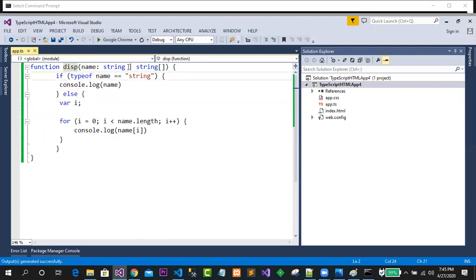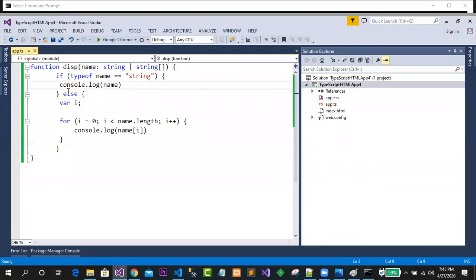This may be a string kind or this may be a string array. So what is the meaning of this? It means that I can pass a single string to this name variable, or I may pass a group of strings, or we are simply saying one string array. A single value I can pass, that is of kind string, or a group of values that is a kind of array.